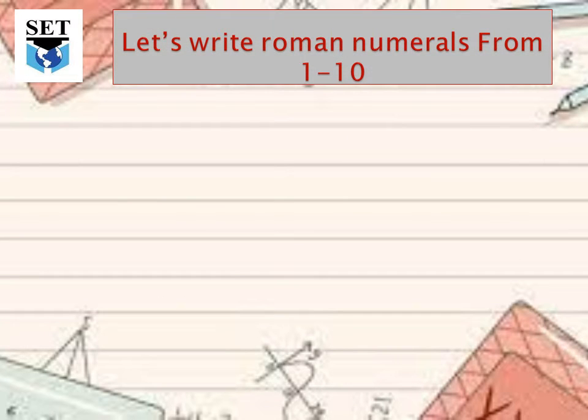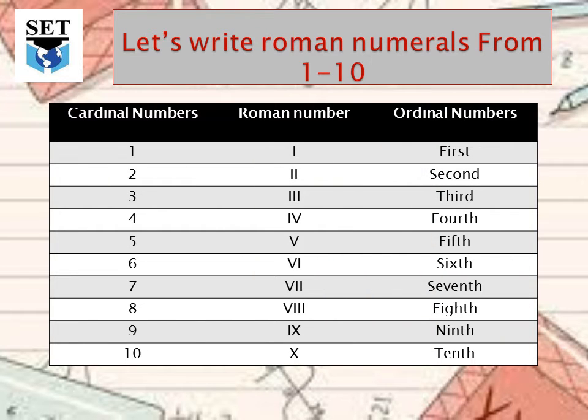Let's write Roman numerals from 1 till 10. Here the counting from 1 till 10 is written in cardinal numbers, Roman numerals, and ordinal numbers. On the left side, 1 is written in cardinal number, and in Roman numerals I stands for 1, and in ordinal number this is first. 2, II, second. 3, III,